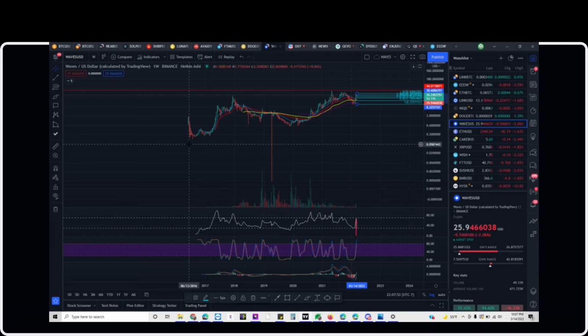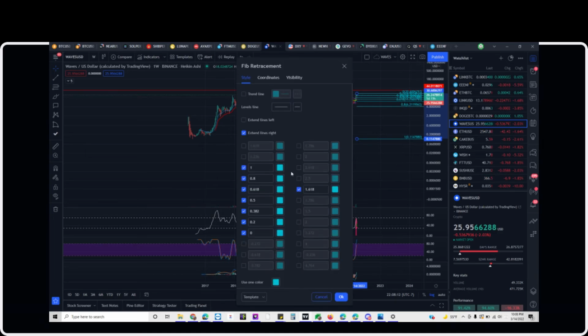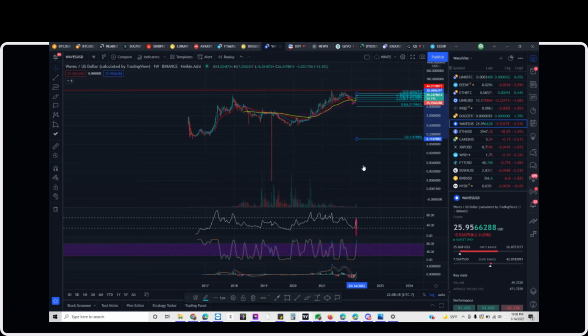I will do another separate analysis on Waves. There are some things I see here, but ultimately, over the course of a month, 2 months, we should see a big breakout on Waves. Honestly, let me give you a quick analysis from here, and then just to the 1.618, the magical 1.618 for overextensions. We are going to want to see the price of